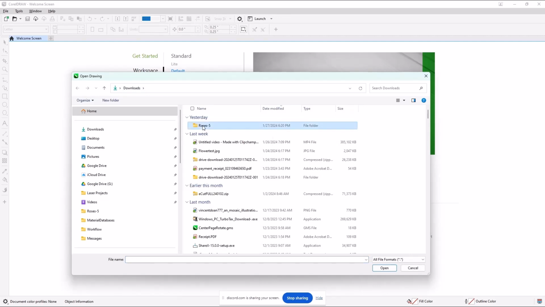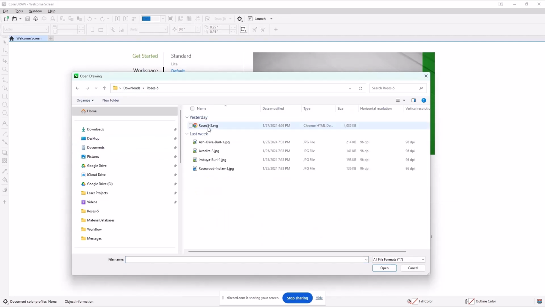And in Roses is an SVG that was updated yesterday, and I'll show you why. And then these are the Burl images. You'll notice in mine, I specifically added to the details here the horizontal and vertical resolution. Image Paint behaves much better if your resolution is in the 72 region. If you're looking down here and see 200 or 300, you're going to have to do some downsizing of the images. The program will do that automatically for you and tell you, but you need to be aware of that when you're going into it.